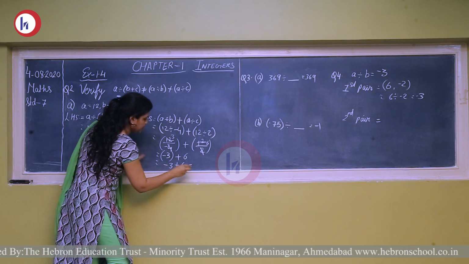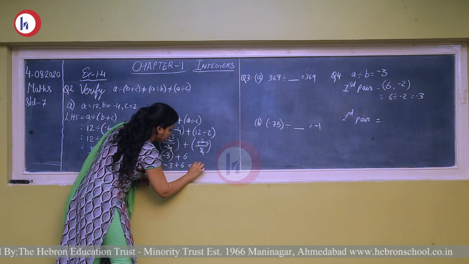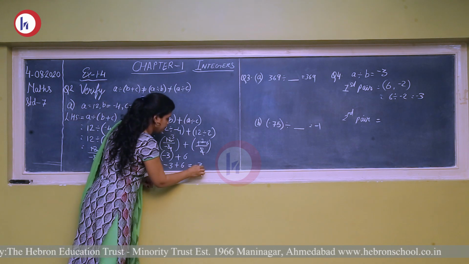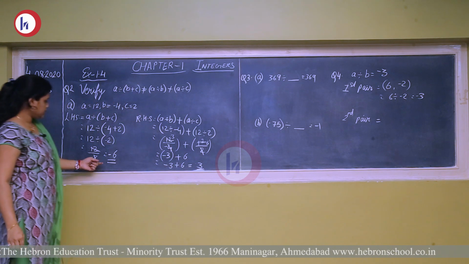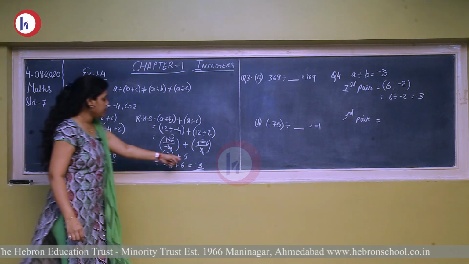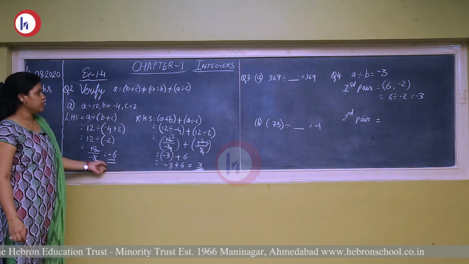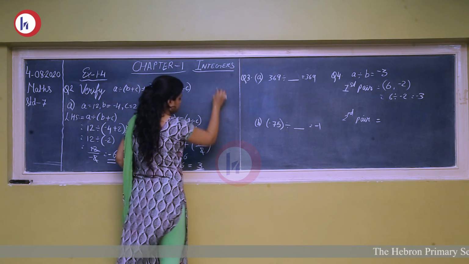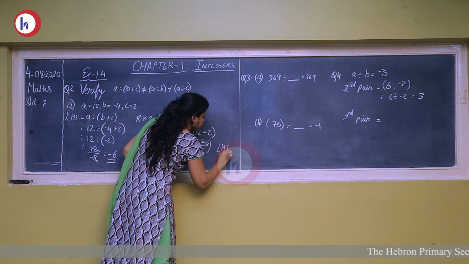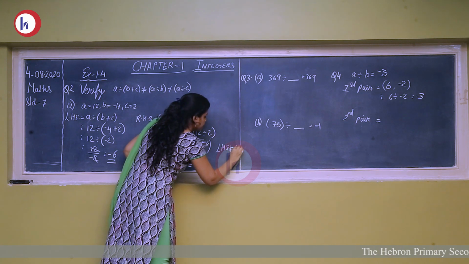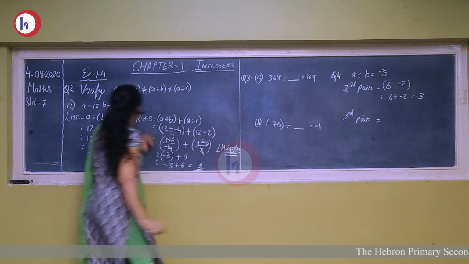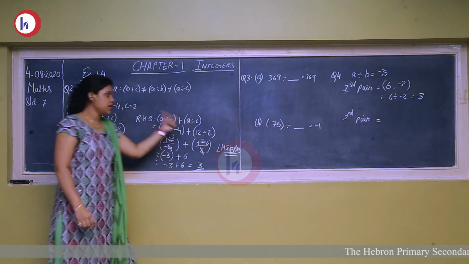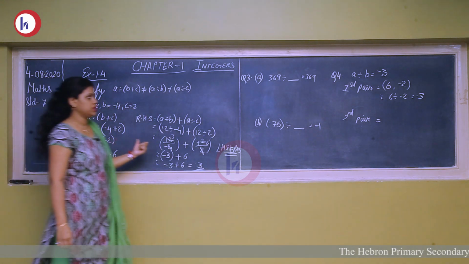So minus 3 plus 6. Here, with opposite signs you subtract the numbers. So you get 6 minus 3, which is 3. As 6 is bigger, you will get plus 3. So here you can see that your left hand side and your right hand side are not equal, hence verified. You can write down that left hand side is not equal to right hand side. That was the question you had to verify. The second one is the same type, you can solve it yourself.